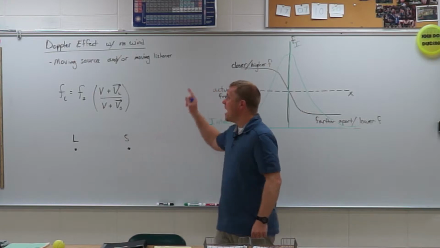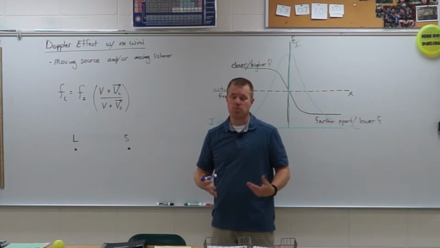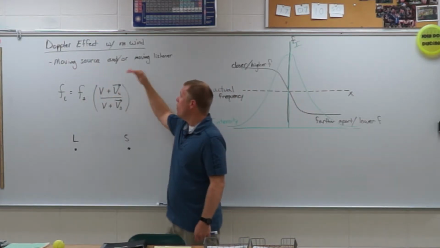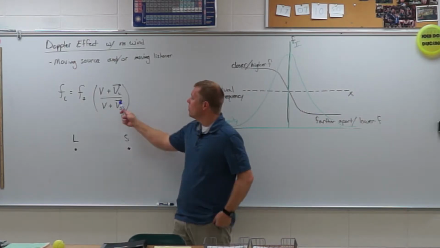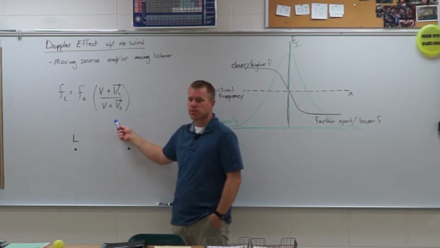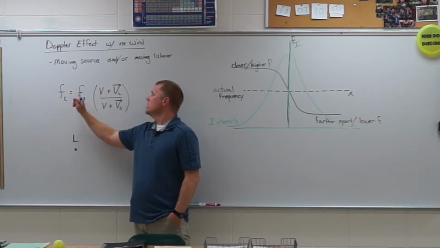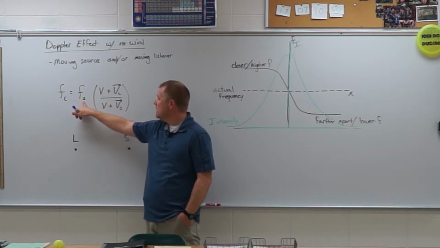Okay, we're going to look at the Doppler effect, and we're going to look at the situation with no wind present. In order to do that, we can look at whether the source is moving and/or the listener is moving. In order to use that, we're going to need this equation. This equation tells us the frequency the listener observes is equal to the frequency of the source emitting it